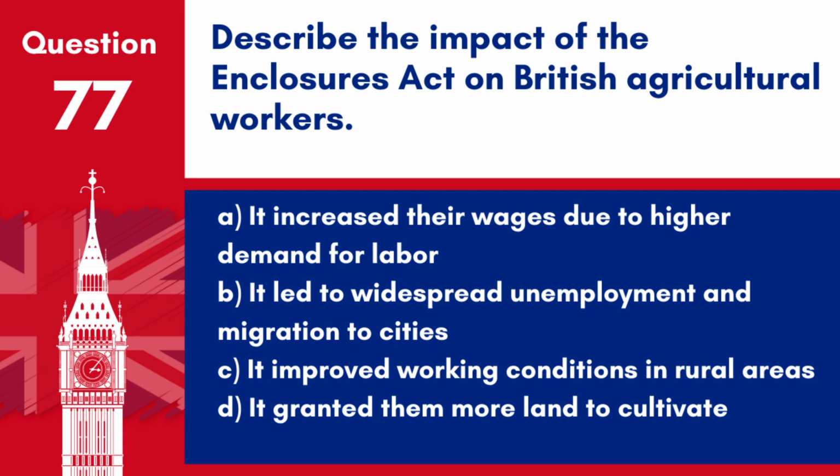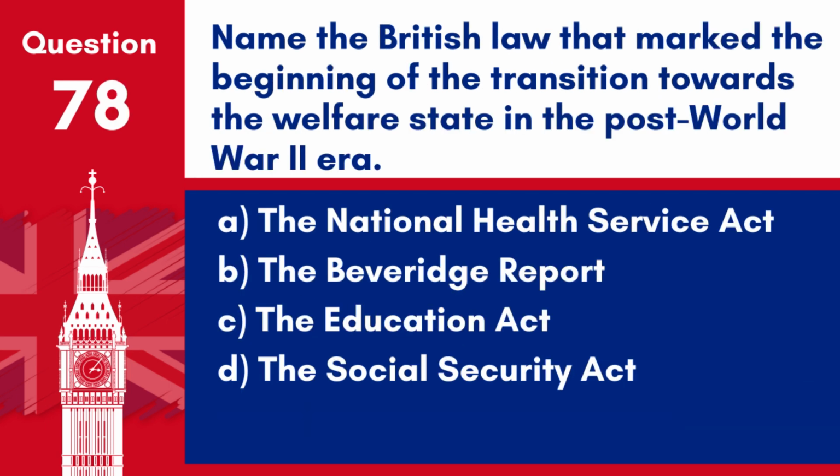Answer: B. It led to widespread unemployment and migration to cities. The Enclosures Act had a significant impact on British agricultural workers, leading to widespread unemployment and migration to cities as common lands were enclosed for private use. Question 78. Name the British law that marked the beginning of the transition towards the welfare state in the post-World